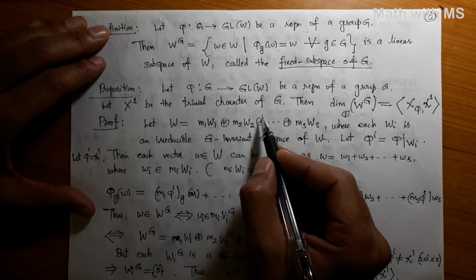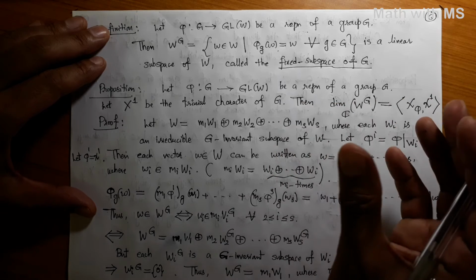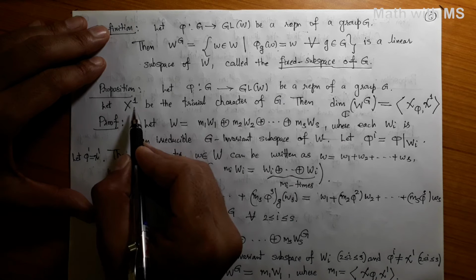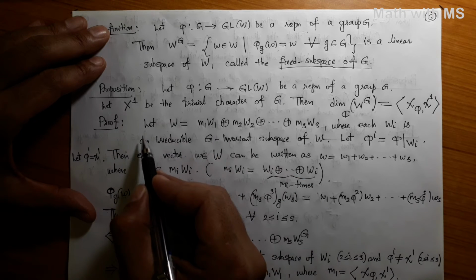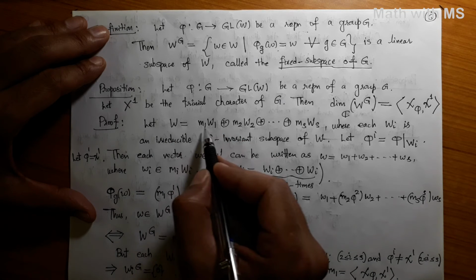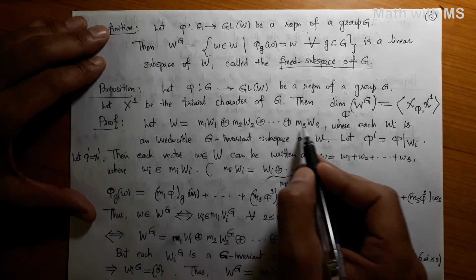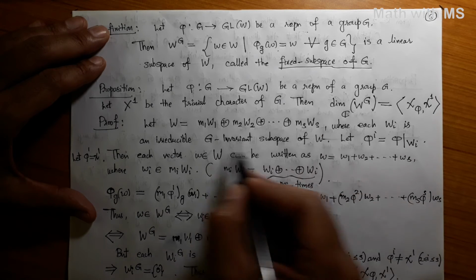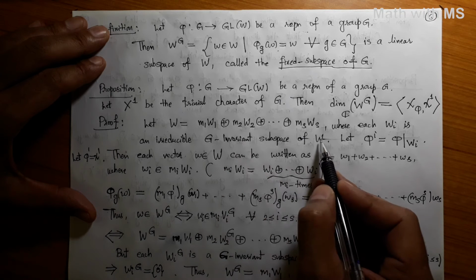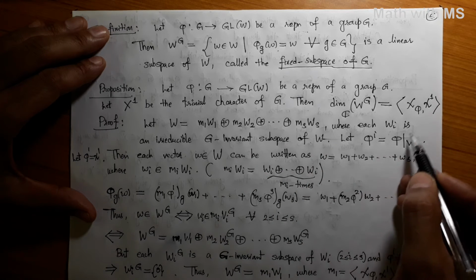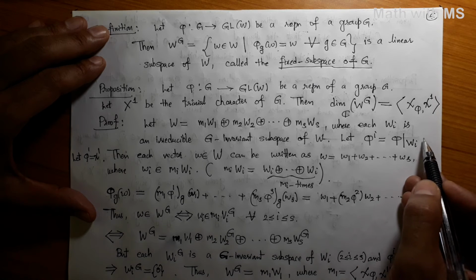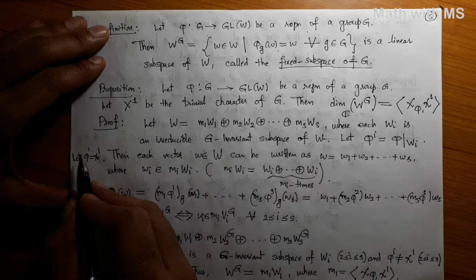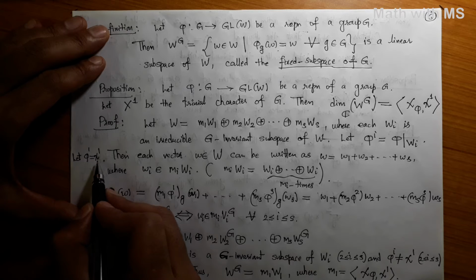So we know by Maschke's theorem that every representation is a direct sum of irreducible representations, possibly with multiplicities. In particular, chi_1 will possibly appear there with some multiplicity. So we can write our representation space W as m1 W1 direct sum m2 W2 direct sum and so on up to ms Ws, where each Wi is an irreducible G-invariant subspace of W. That means Wi doesn't have a proper G-invariant subspace. And let phi_i be the restriction of phi on Wi, which are the irreducible constituents of your representation phi. Without loss of generality, we can assume that phi_1 stands for the trivial character chi_1.